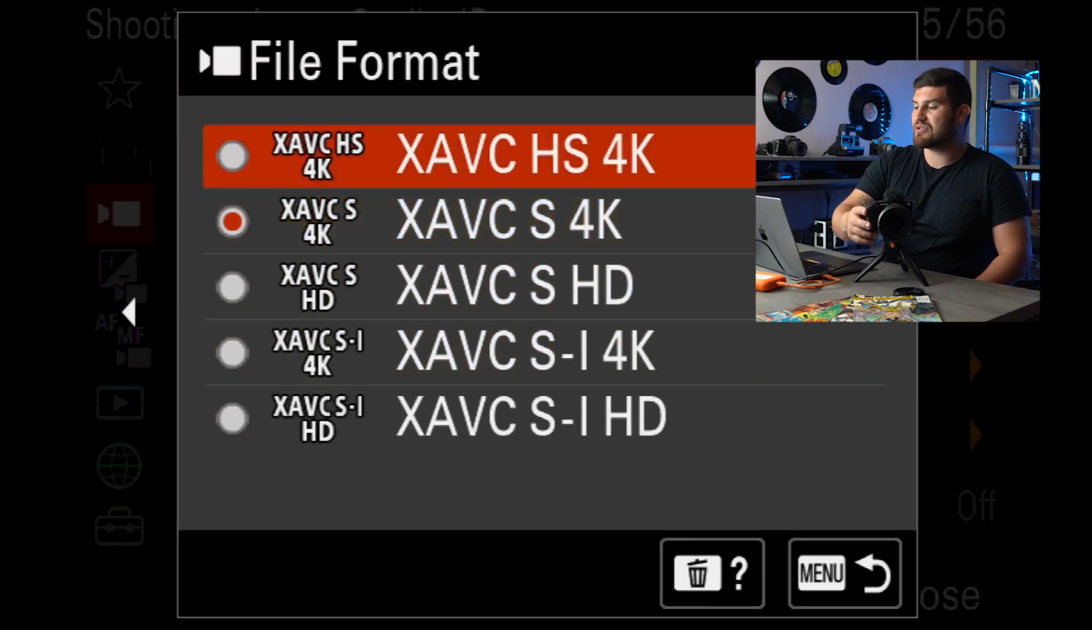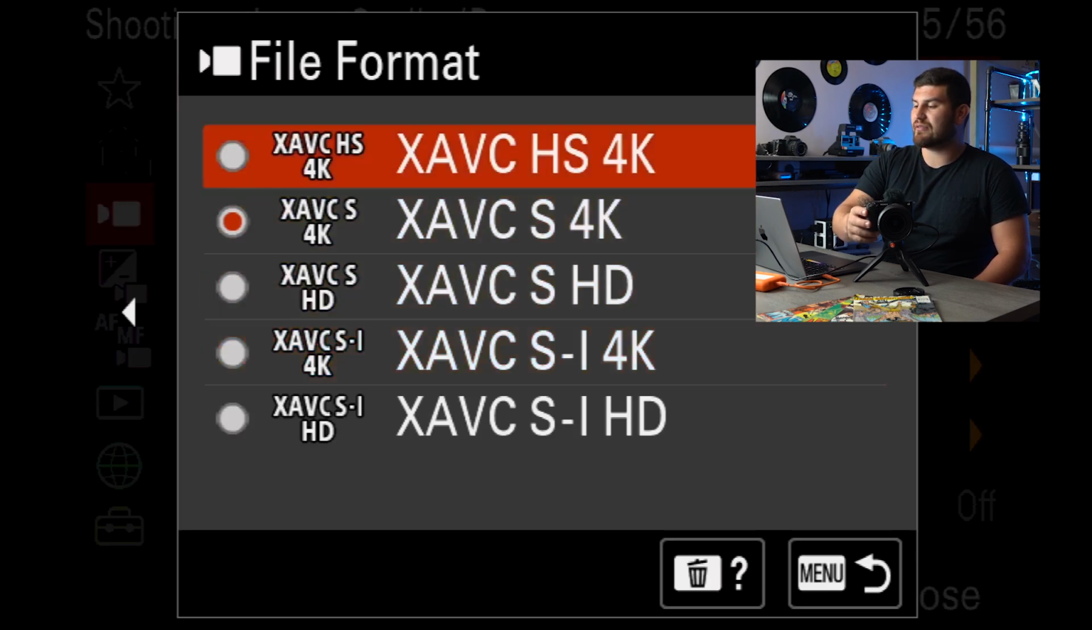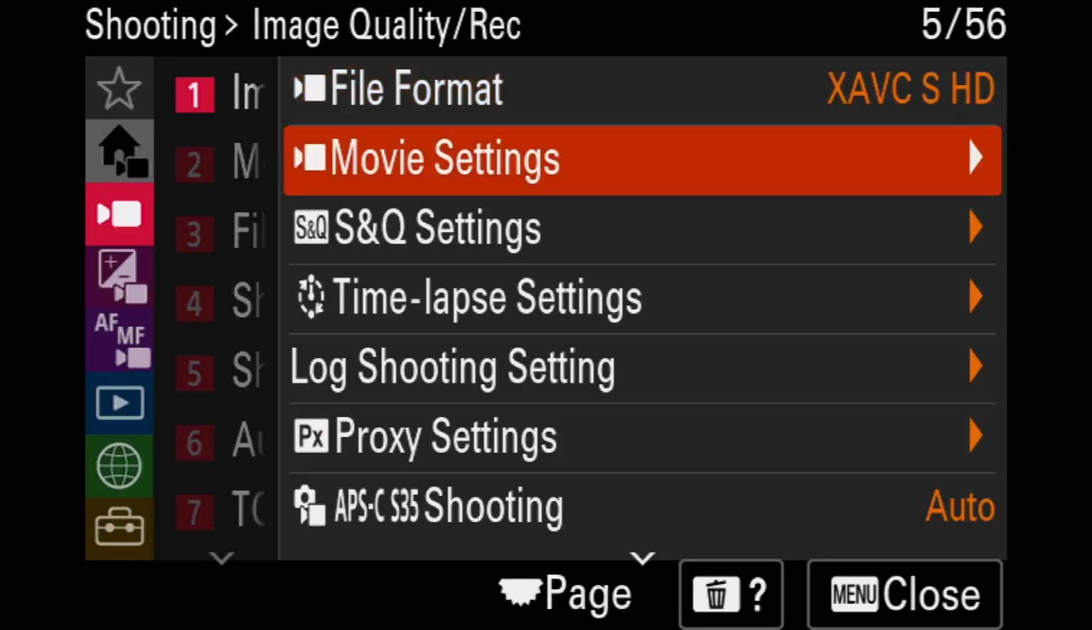And if you come up here to the XAVC-HS 4K, it's kind of the one in between the S and the SI. This one's kind of like in the middle, but you got to be careful because only certain types of computers can actually process that footage. So I like to shoot in this 4K, the S, but before we do that, I like to go into the HD,